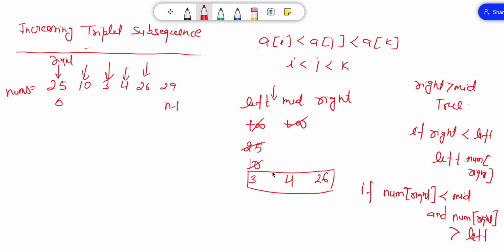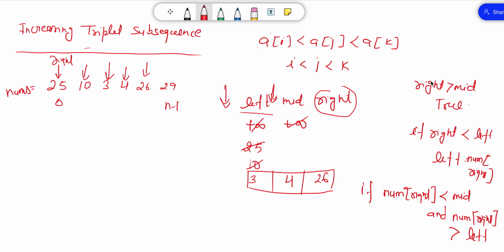So in the simple way, we only compare this right number to these two numbers. We check where right lies. If right lies here, we assign left to nums of right. If right lies between these two numbers, we assign right to mid.